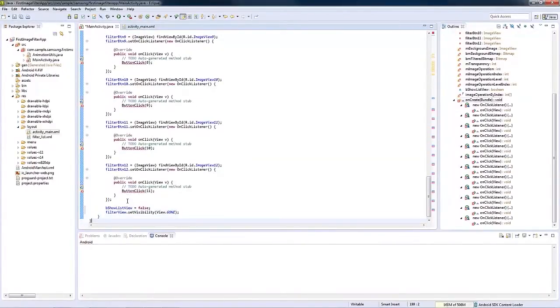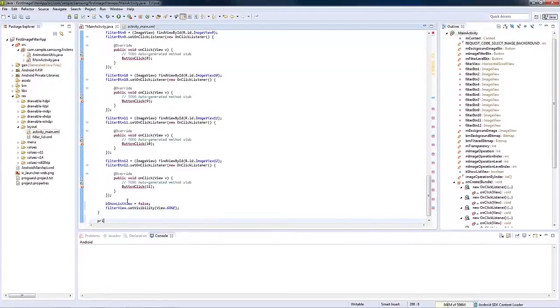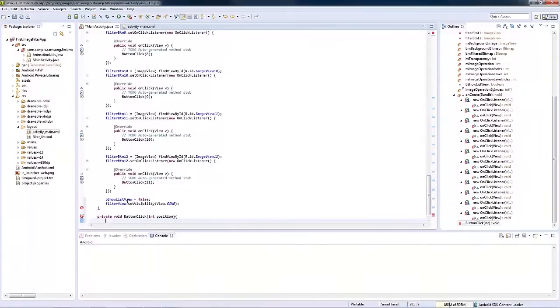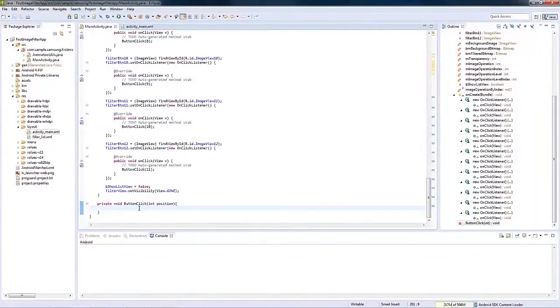Next, we create the body for the common function of the images. We need to make sure that there is an image selected before we could filter anything.